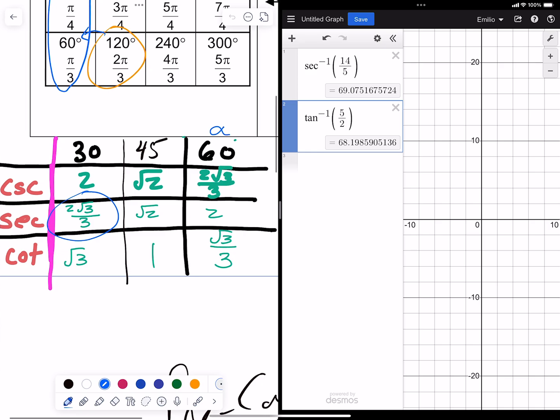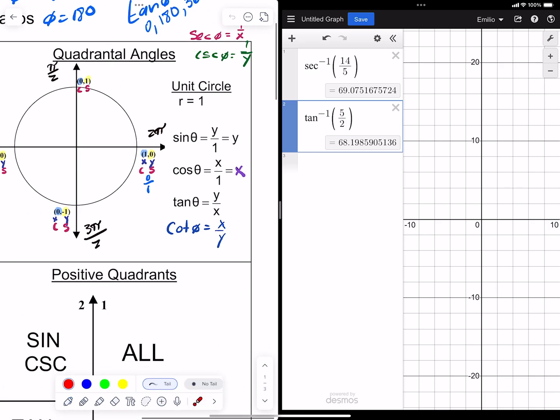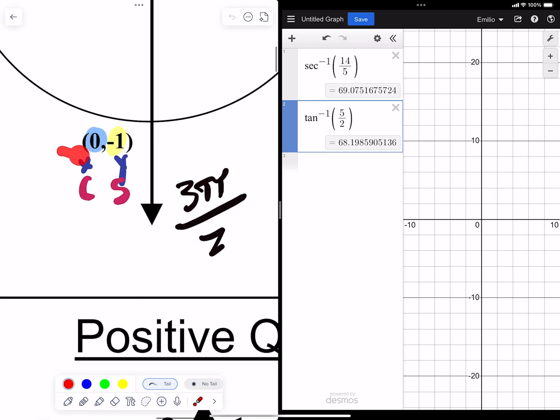So we're looking for negative 90 degrees. So negative 90 is going to be right here. Positive 90 is right here, but negative 90 is on the bottom. So we're going to look at these 2 points right there. Tangent is